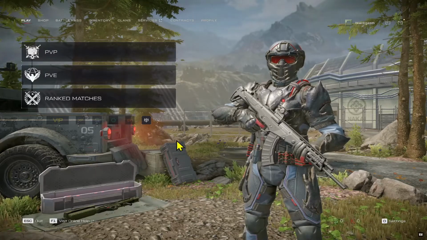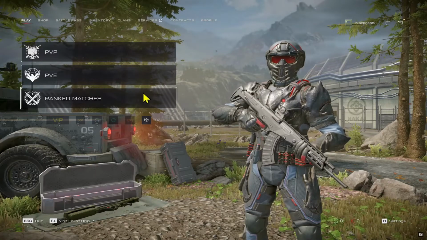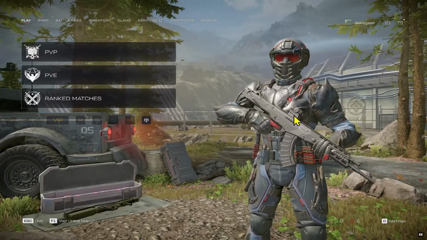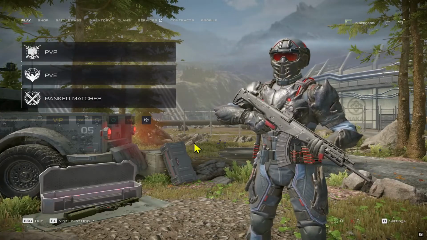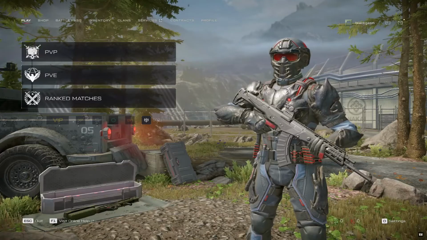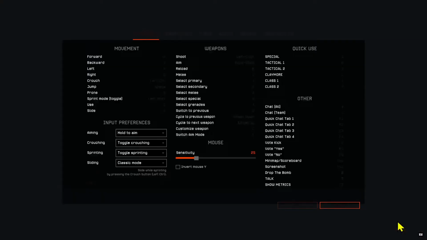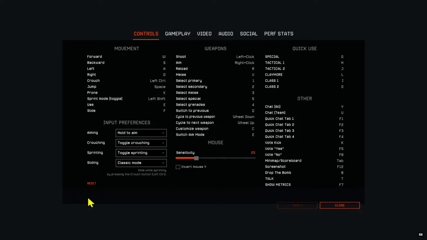If you wish to change the mouse sensitivity settings on the Warface game within your device, then first of all, open up the game on your device, and once it is opened up, from the main menu, tap on the settings button at the bottom right corner. You can also tap on the O button within your keyboard, and once you are inside the controls menu, you